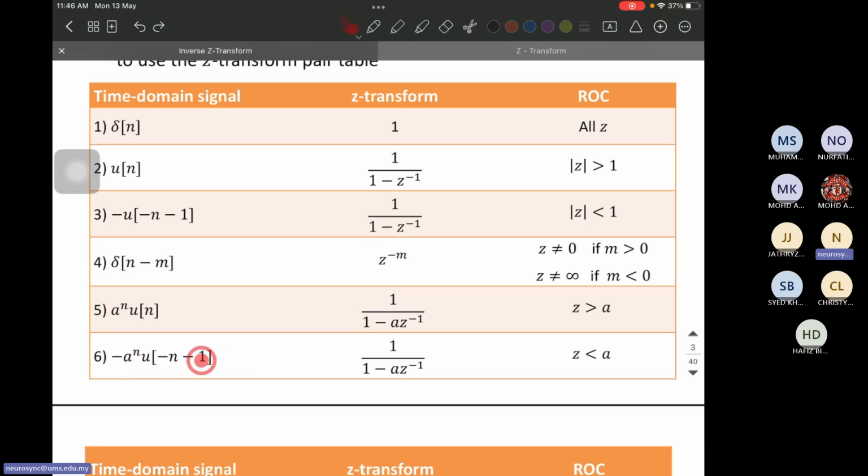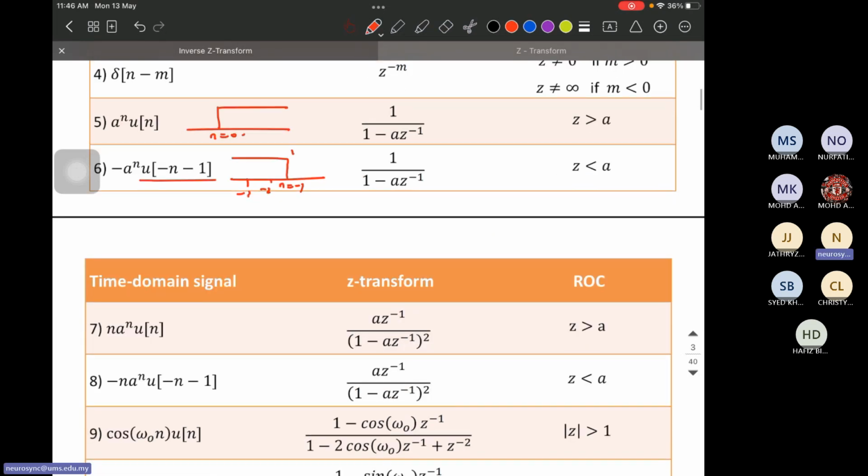This is a left-sided signal. How are we saying right-sided signal? Because this will start with n equal to 0, unity, like this structure. This has this structure. Why is this a left-sided signal? If we plot, this is minus of this. So this has magnitude 1 at n equal to minus 1, and minus 2, minus 3 will exist. From 0 onwards, the positive n values will be 0. Okay.